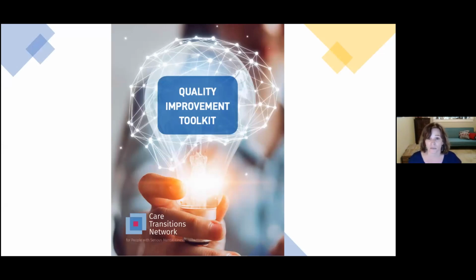It's written in plain language, it's well laid out, and it really walks you through step by step what you need to do and think about in order to build a quality improvement program. And it draws from the work of IHI. So it's using that science of improvement model and approach, and it's just got it in really nice, simple, plain language.